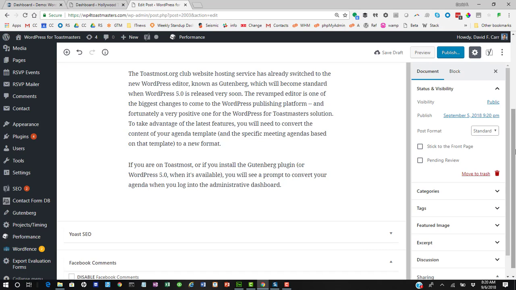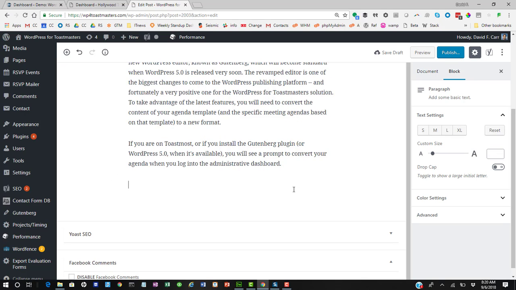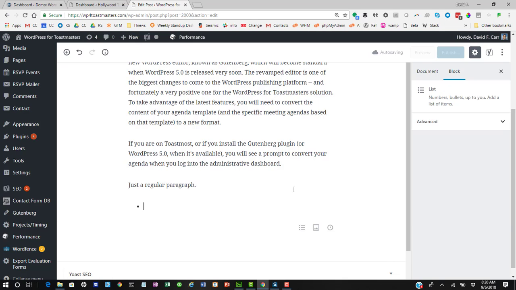In order to understand what we're doing here, you have to understand a little bit about this new basic editor. The idea is that Gutenberg is organized around blocks of content. So by default, when you come in and type, you still get just a regular paragraph. But even if I started to add bullets, I just did an asterisk at the beginning of the line and it figured out that this must be a bullet list. I can say the steps are convert your old agendas